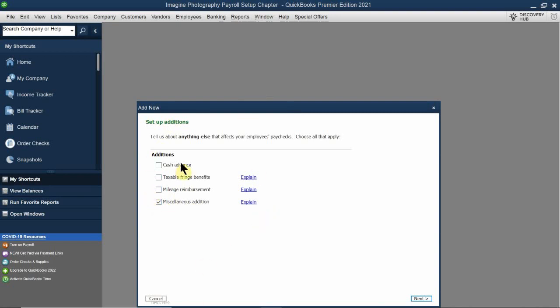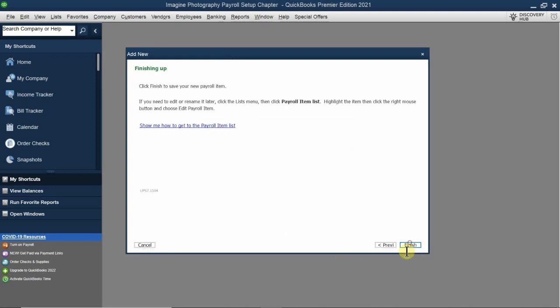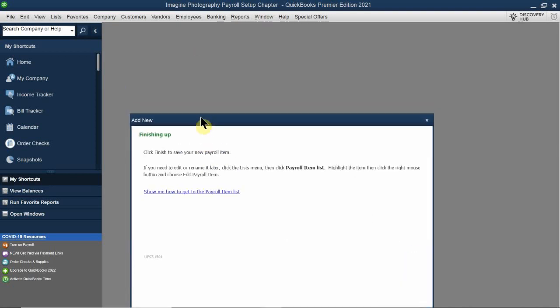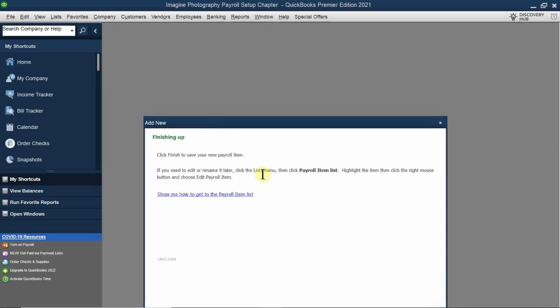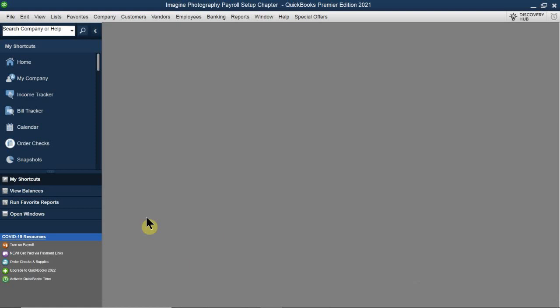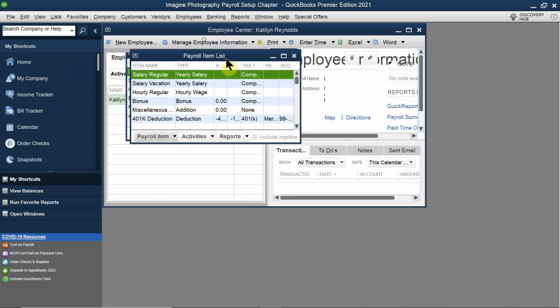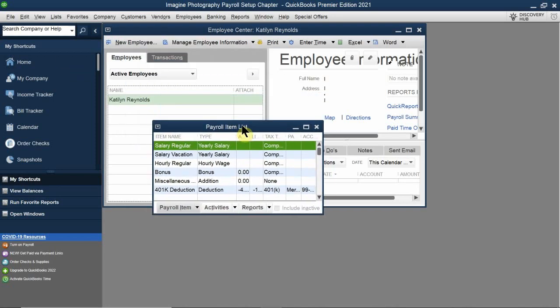Or it could be, let's see, cashback, taxable fringe benefits, mileage reimbursements. It's definitely going to be an other benefit, or an other addition. Now it's just asking you what things are entailed with this. So I'm going to click next. Then it does walk you through it, but again, instead of having to go back through the interview,